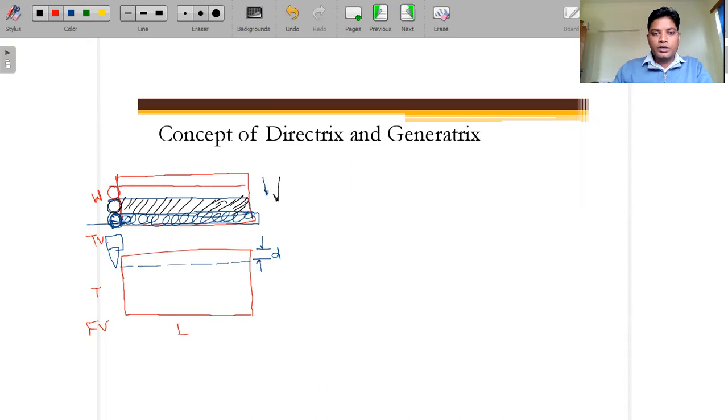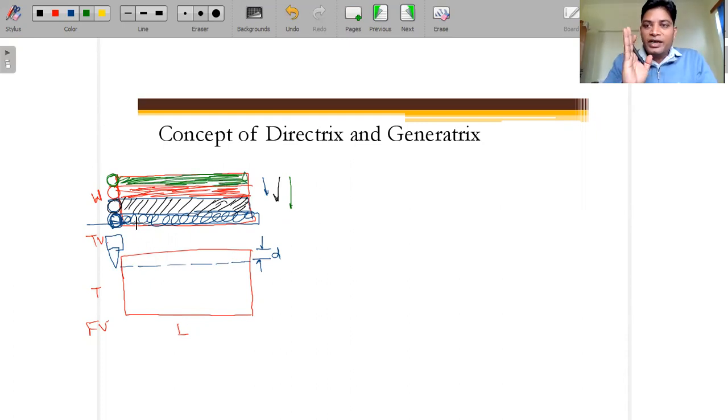Now again we have to give a reciprocating motion, and this will remove the material from this area. Now again, we will move this workpiece in this direction, and the single point cutting tool will come over here and remove the material from this area. Whatever the width we have taken, it has taken four reciprocating motions across the workpiece.